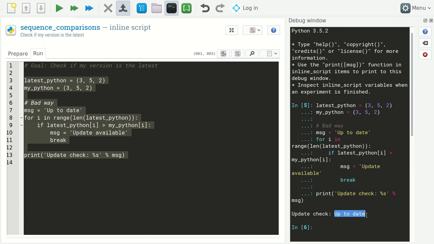It says I'm up to date. But it's kind of bad. It's bad because it's difficult to read, in my opinion. And it's also bad because it's kind of unsafe. Because if, for example, the two lists are not of equal length, and that's very possible that it happens, it